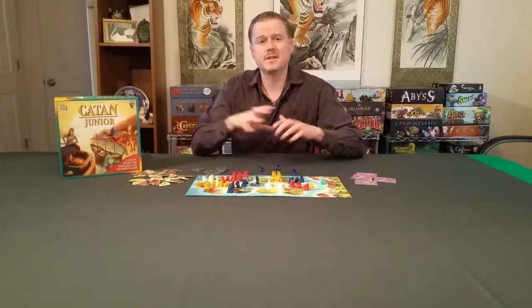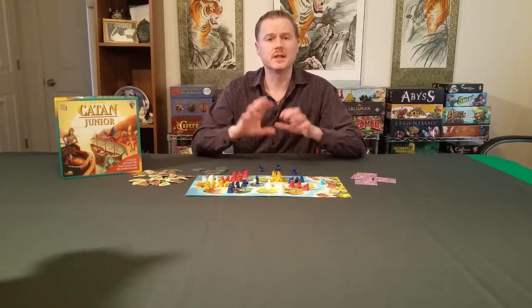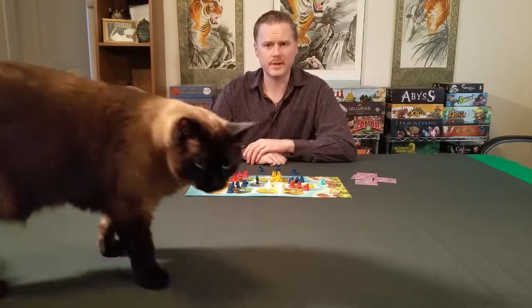Now this is an awesome game because it's teaching kids a couple of really cool things. First, it's teaching kids how to barter. It's teaching kids a little bit of strategy as they try to figure out exactly where they want to move around the board. Because in this game, you can actually cut off the other players, and you can also cut